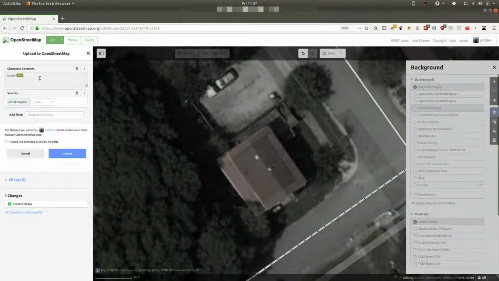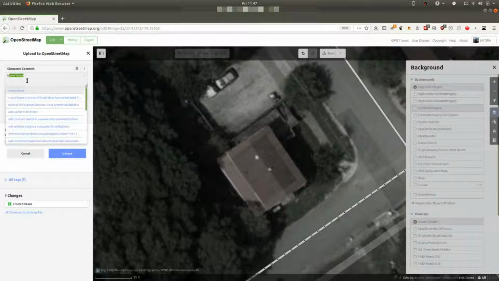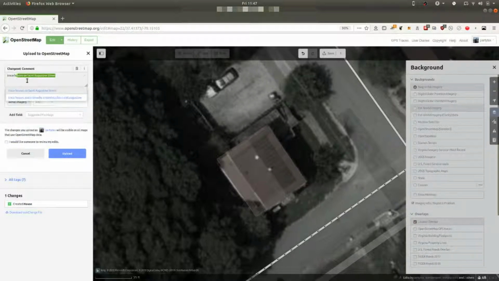a comment here. The comments should be in the imperative tense, which means instead of saying "added house trace," we should say "add house trace" or "trace house" or something like that. So we're just going to say trace house at corner